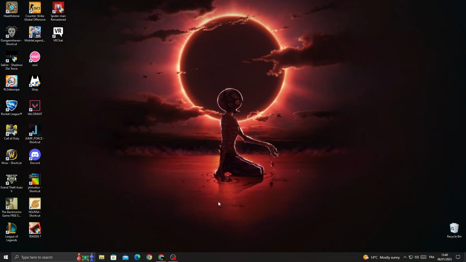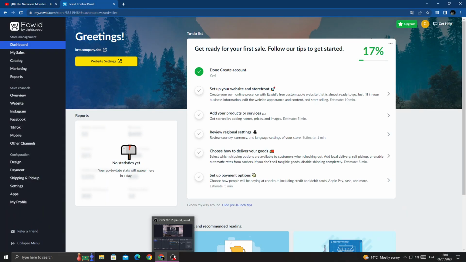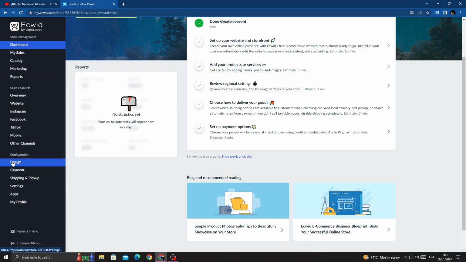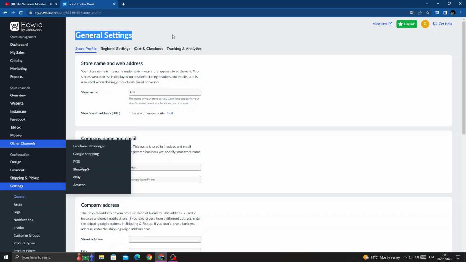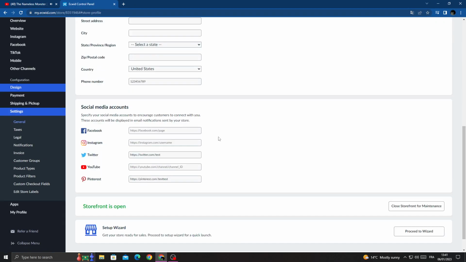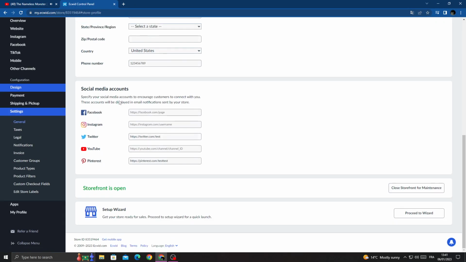First open your browser, and then once you're here, click settings, and here we'll find general settings. Now scroll down until you find social media accounts, and here we'll find